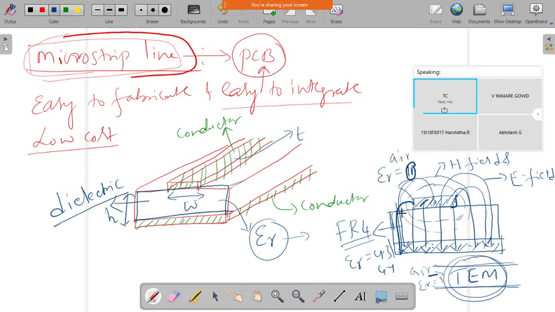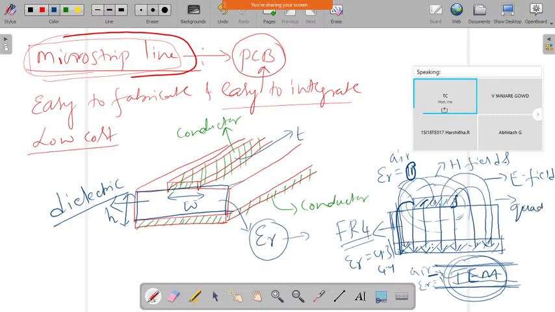Since there is free space around this conductor and there is no bonding like in a 2-wire conductor transmission line, there is a wave propagation here. So there is no actual TEM that will exist. Even though it is a 2-conductor system, because of these field lines emerging from the conductor and going through air and through the dielectric to the ground, it will not have a pure TEM wave.